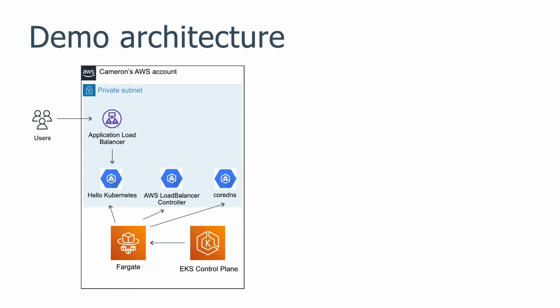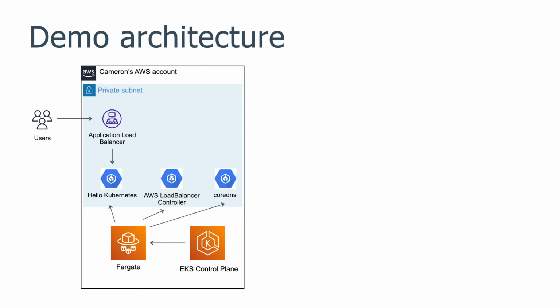Some advantages of using this architecture is that using the Application Load Balancer, which is the newest and most advanced load balancer from AWS, we don't have to use an Nginx ingress. You may have used this before if you've used AWS with the classic load balancer, or if you've used load balancers with other cloud providers.